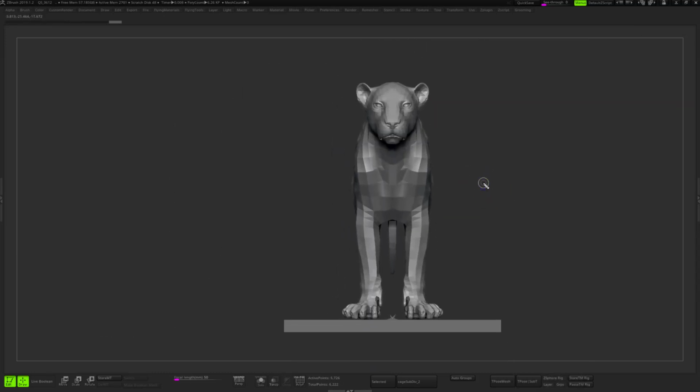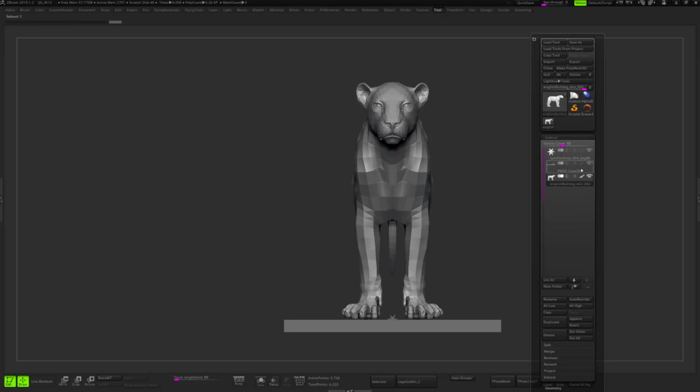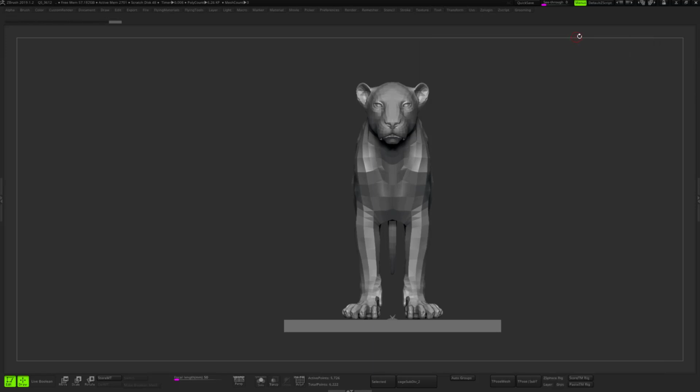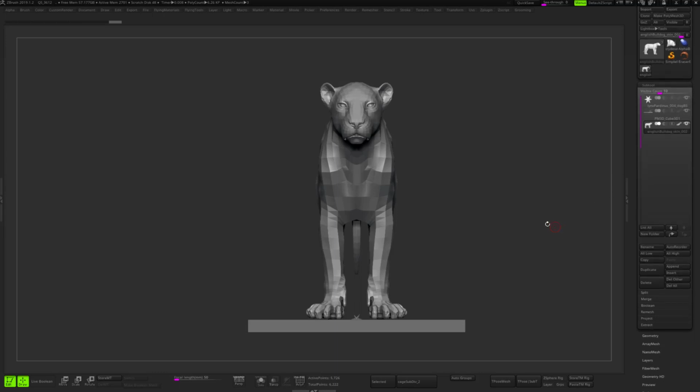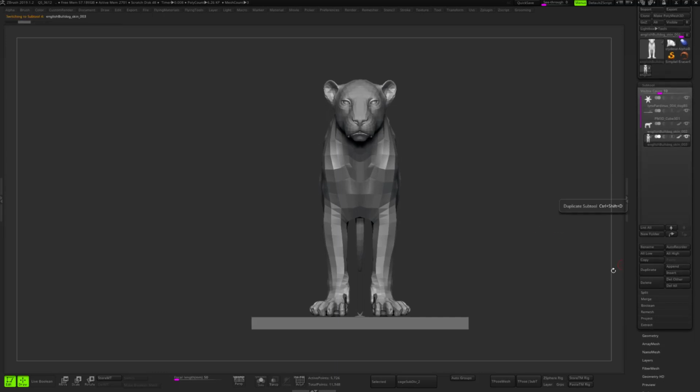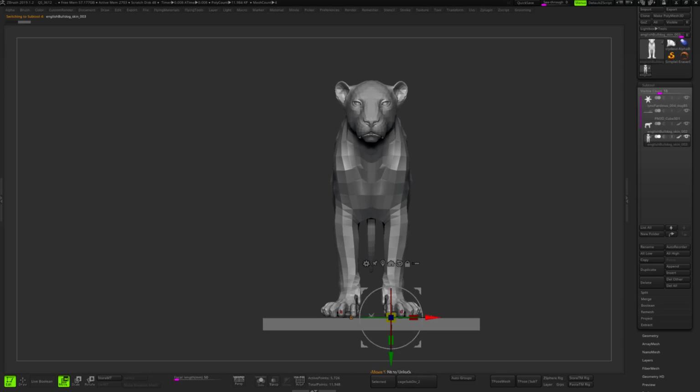So I'm just duplicating this model. Let's go here in subtools. Actually, let's dock this tool palette here on the right. Just duplicating this model once so I can have another one to show you.